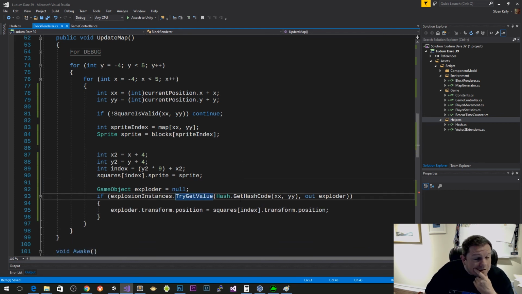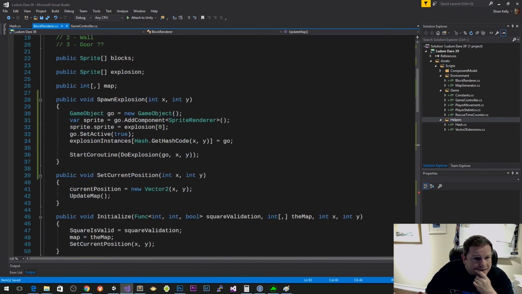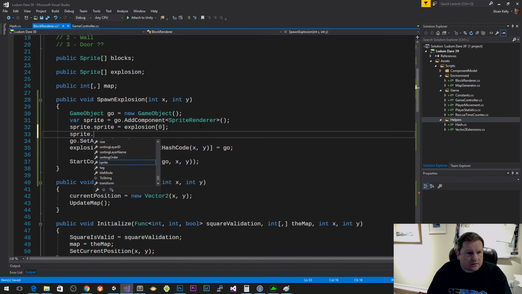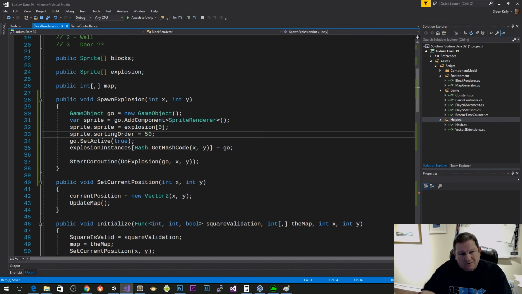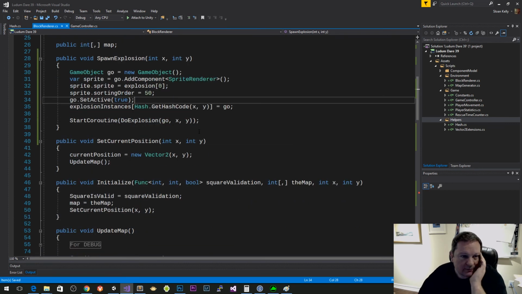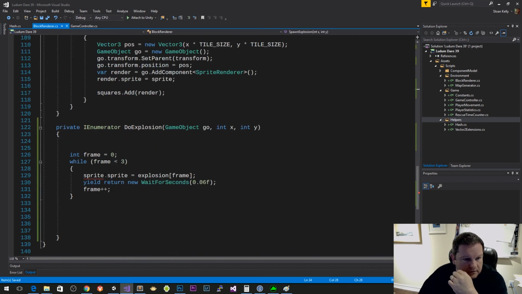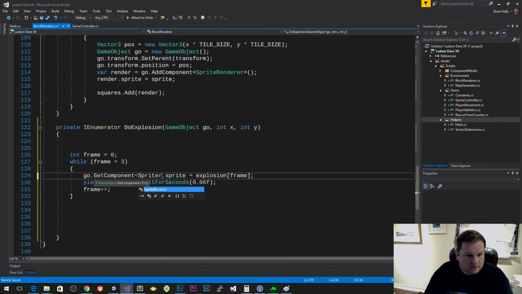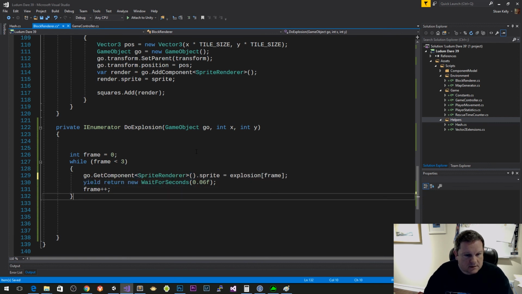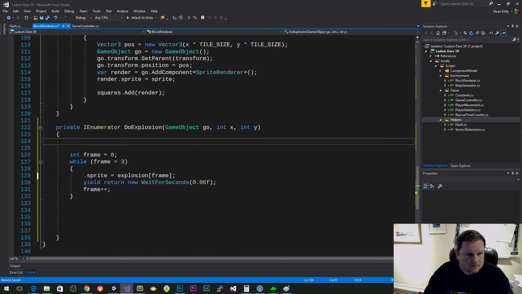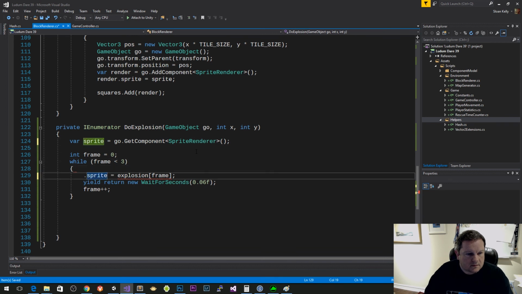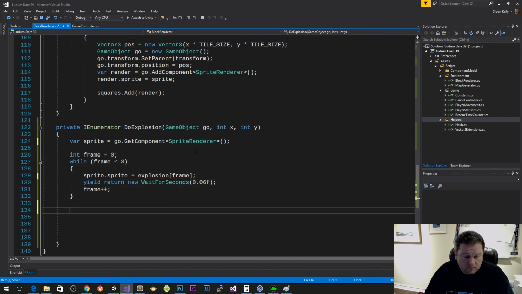I want it to be the front. So I want to then say that our sprite dot sorting order equals 50. So I want it to be above everything else because it's going to be in the same level. And then after that it's going to be go.get component sprite renderer, and we can cache that, sprite equals that. We'll do sprite.sprite, and after that we can do